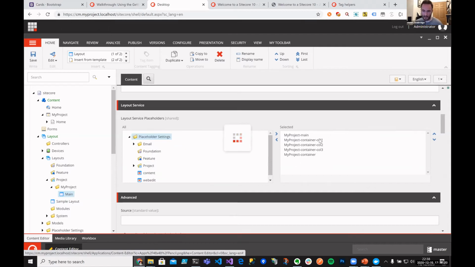So if we then save that, that tells the layout service to return in the response our container placeholder and any components that we add within it. Okay,